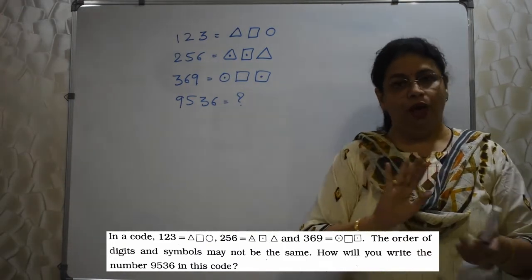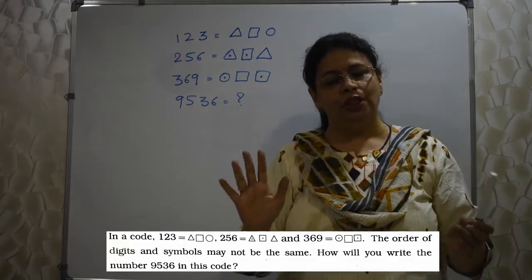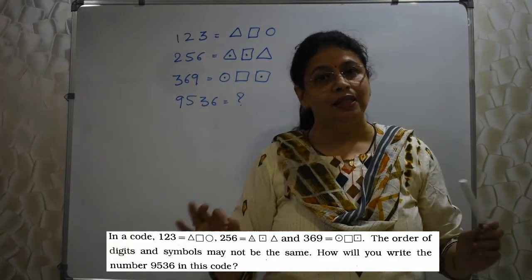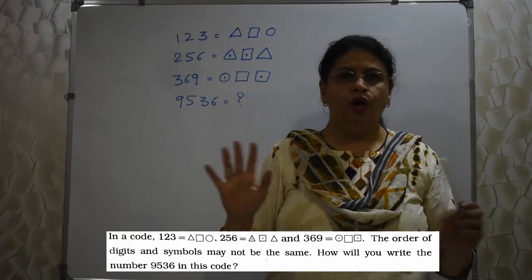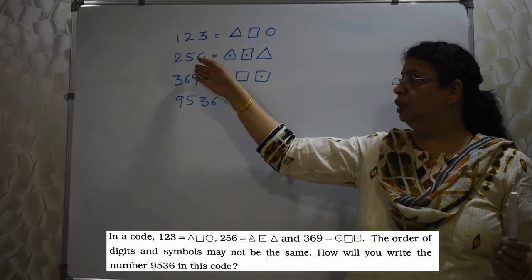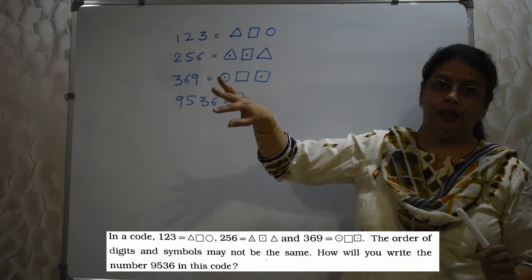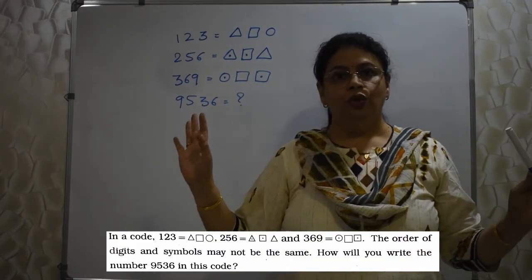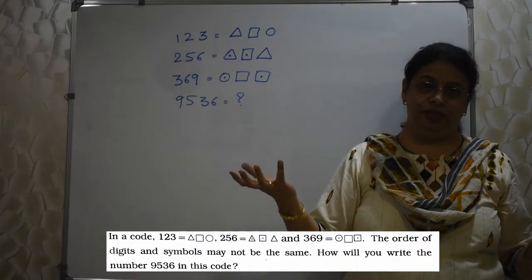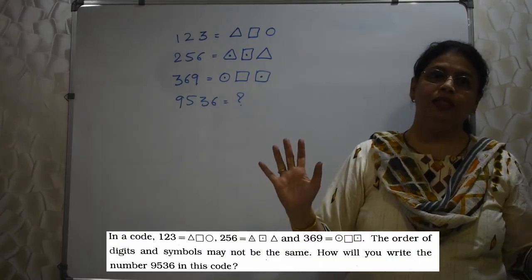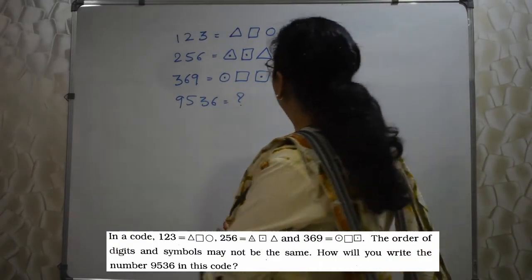Procedure same for letters, for symbols, for digits. Procedure is exactly same. Students, you have to apply the same method. You need not worry whether it is digits and symbols or letters and digits. Don't worry about that. Okay? You understand the method and apply it wherever it is. Whatever they have asked, you apply the same thing. Okay? So let's go ahead.